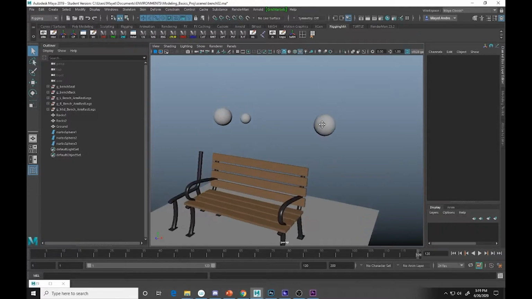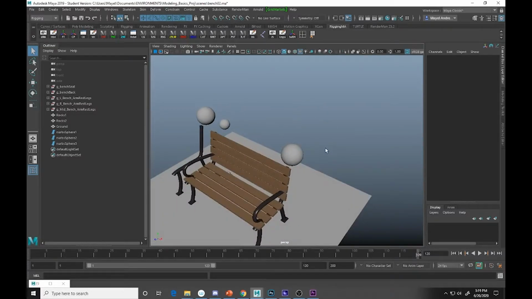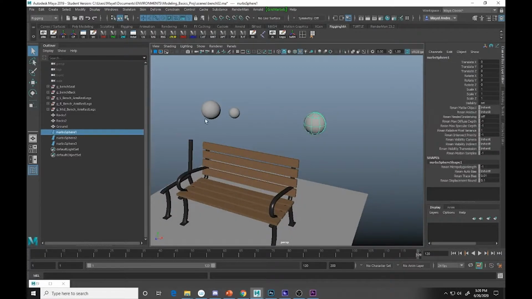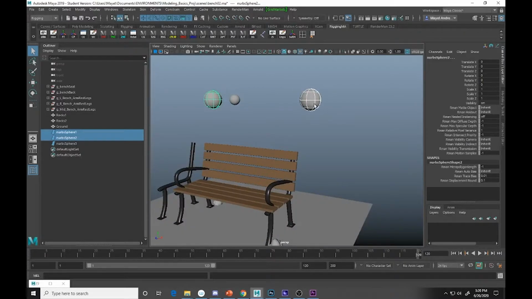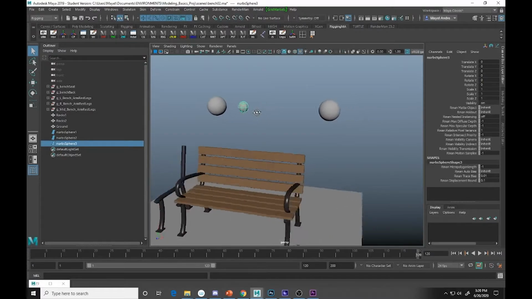Okay, so as stated before, point constraints are really great because they can constrain an object, cause it to move, and follow the position of another object. In this case, I have two demonstrations, one with these simple spheres and the other with this simple park bench. Okay, so with the spheres, what I want to do is center this tiny sphere in between these two larger spheres. Now, of course, I could just eyeball it, but if you're looking for precision